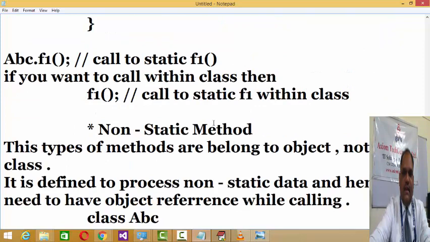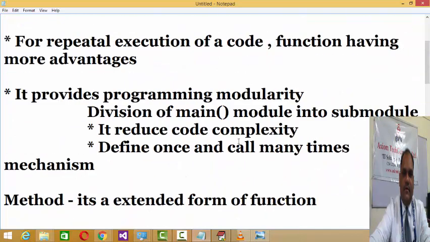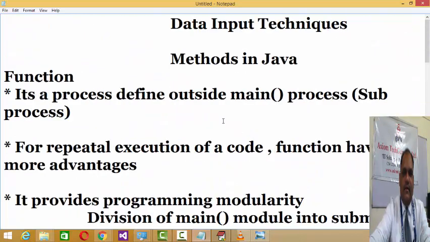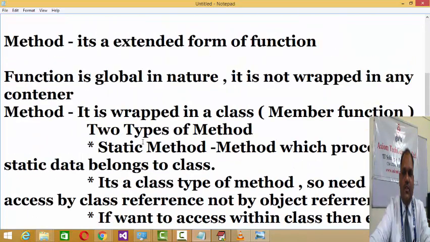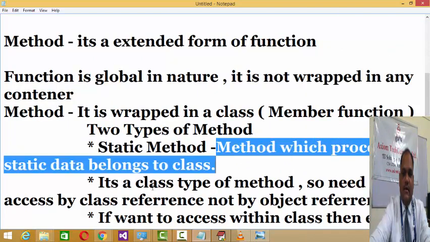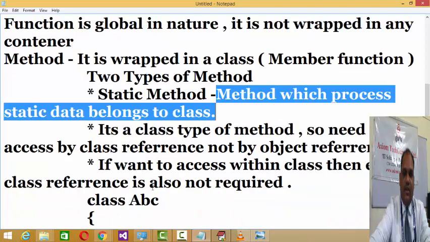But these methods are also divided into two types. One is the static method, and the second one is the non-static method. A static method means a method which processes static type of data belonging to the class, not to the object. Or rather, one can say that static data means all objects will share a common copy of it, and hence it's not a copy of any individual object, it's a copy of the class.